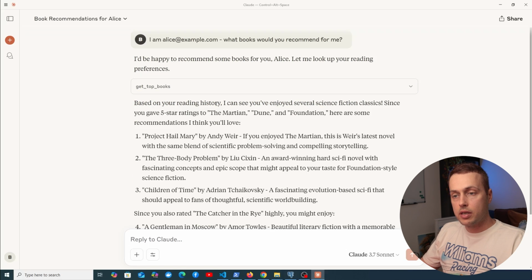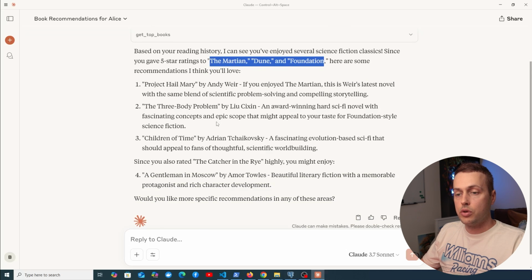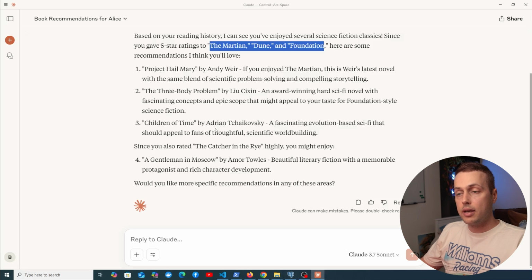Now, once that query is finished, notice what we have here. So based on the reading history, Claude already knows now that we have enjoyed several sci-fi classics. For example, the user gave 5-star ratings to these books here, and it recommends some more books based on those. So you can see the books, it has that additional context from the database in this case that's provided across